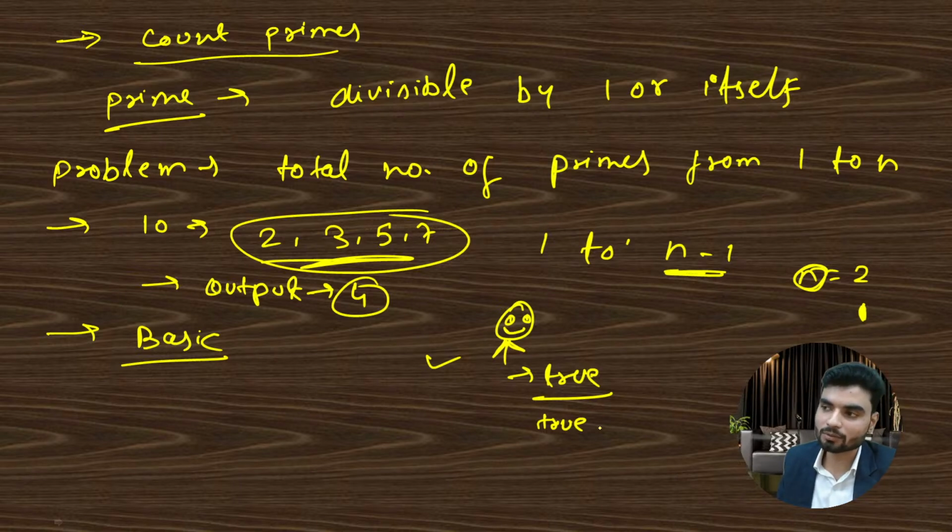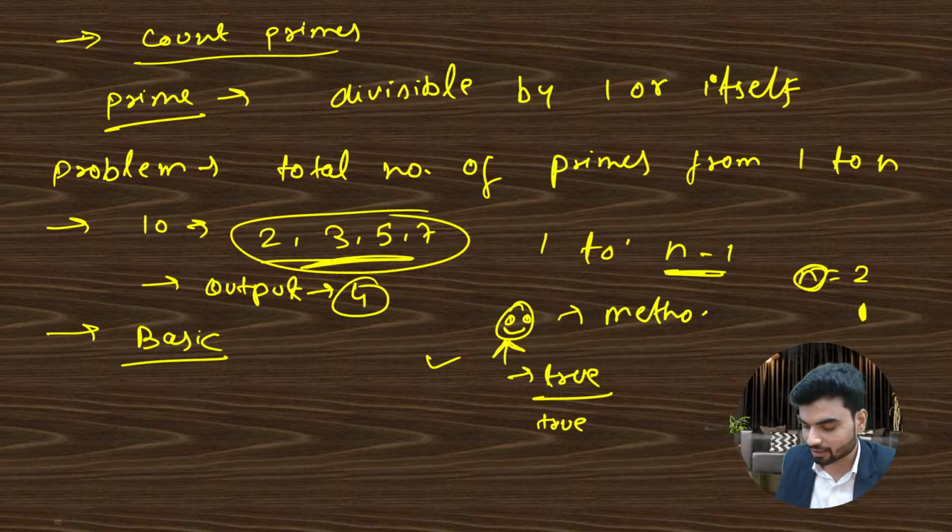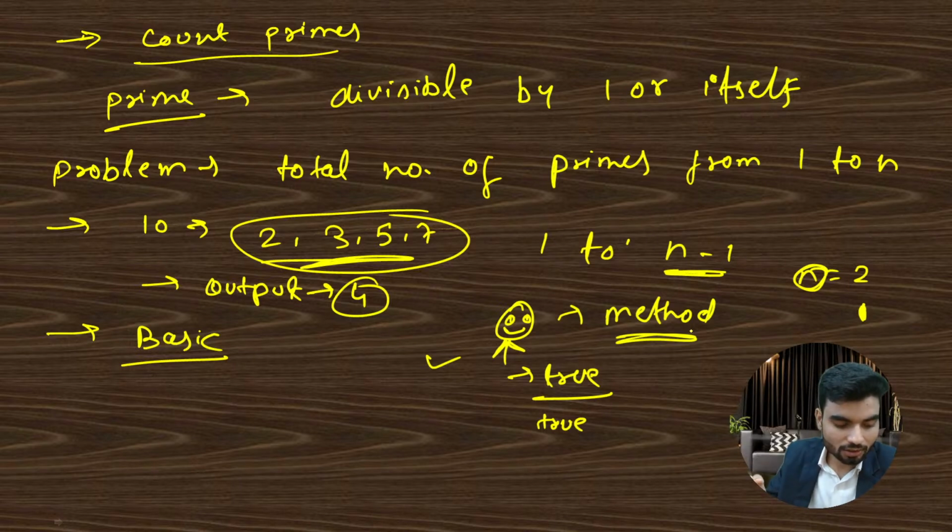The problem in this problem statement is the reason the acceptance rate is very low. For very large input, you cannot work with this much time complexity. Anyhow, we are creating a function, because this person cannot tell anything by itself. This would be a method. This method implements the logic to check for a prime, and you're calling that method inside a loop. In that case, it will take a lot of time. If n is very large, you will see a problem: time limit exceeded, which means we need to figure out something optimized.